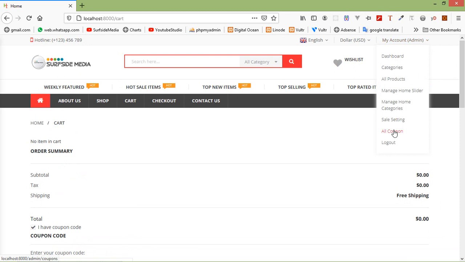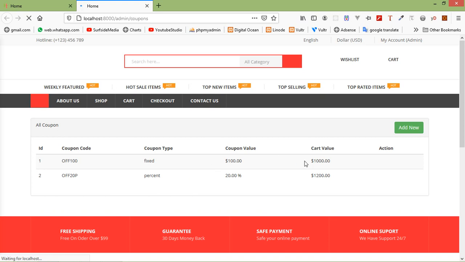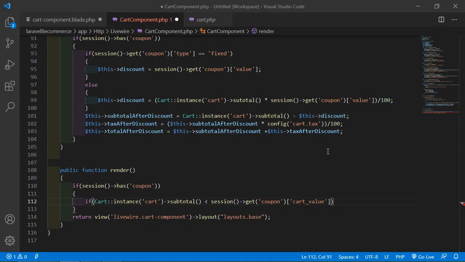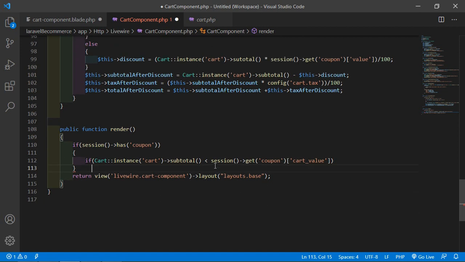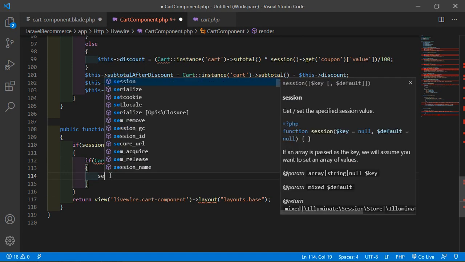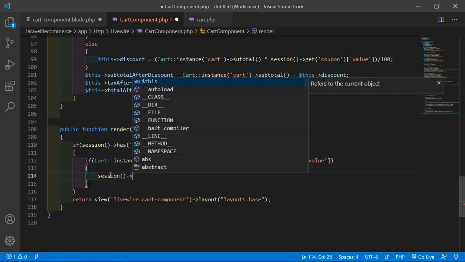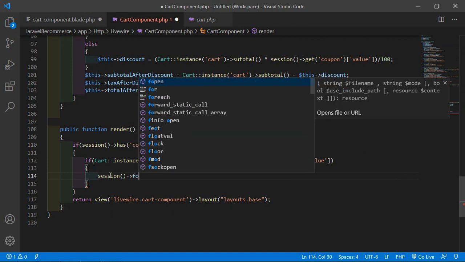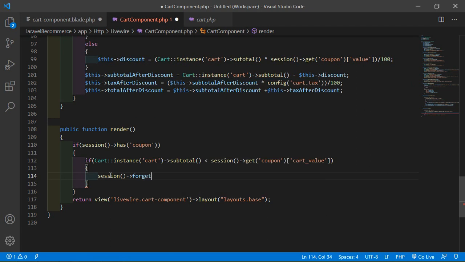You can see here the cart value on the admin all coupon page. Okay, this is the cart value. If cart subtotal is less than coupon cart value, then just call the session forget function and remove this coupon key.